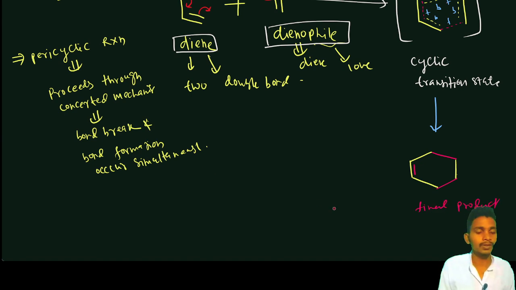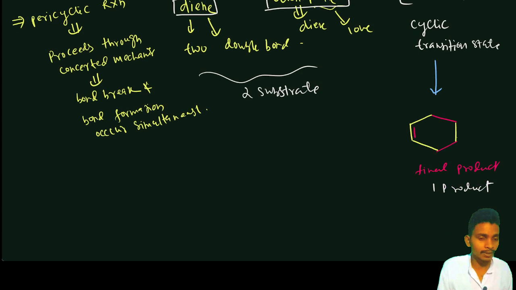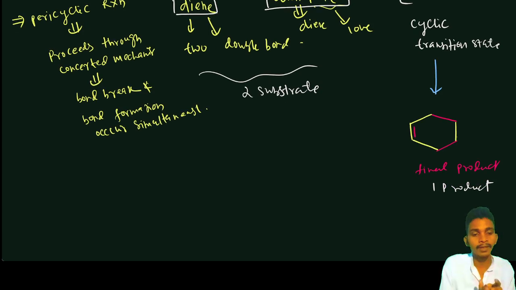After this, what we see here is that two substrates were there. This is one substrate, this is another substrate, and these two substrates are going to make one product. So what we notice here is that two substrates are going to make one product. It means that here